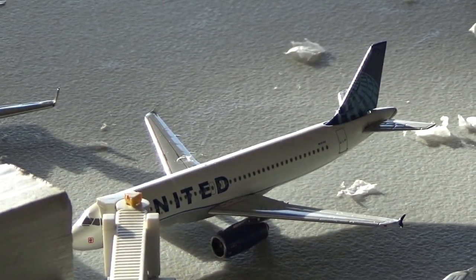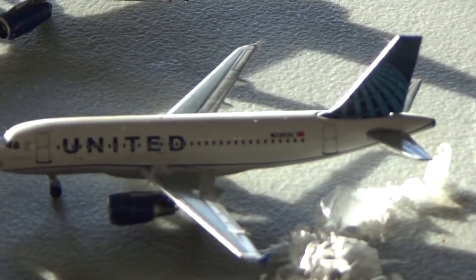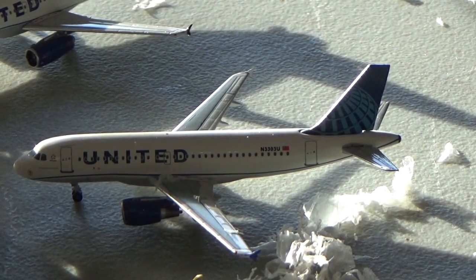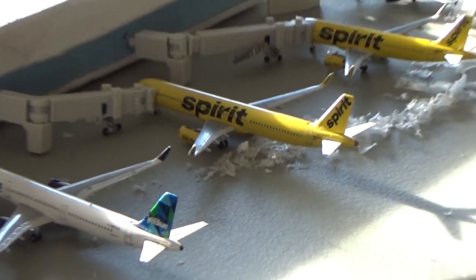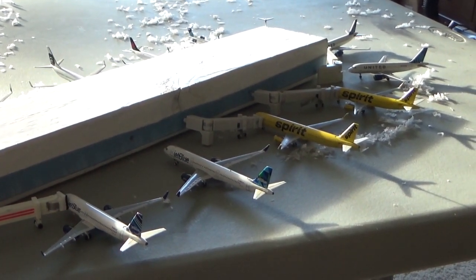A320 in backlit. He's going out to Denver after arrival from Houston, and the A319 is heading out to Chicago after arrival from... I don't know why we haven't had Newark, but newly added Newark. Then we have 4 right here, 2 Spirits, 2 JetBlues. First Spirit Airbus A320 is going out to,